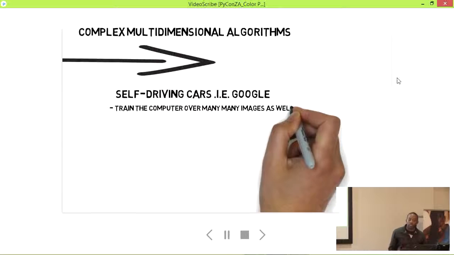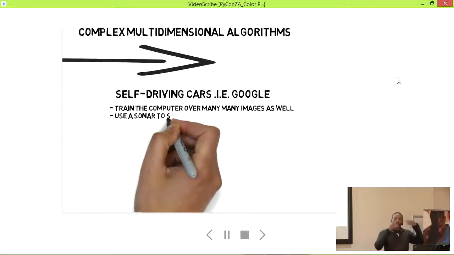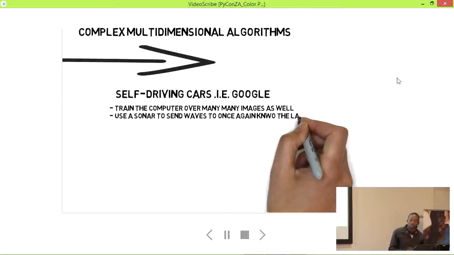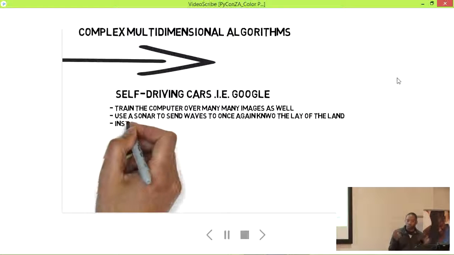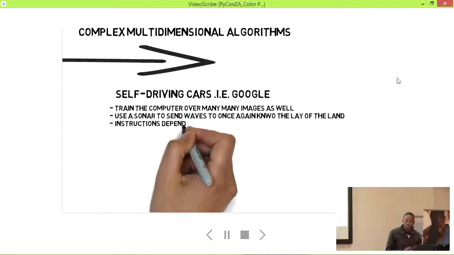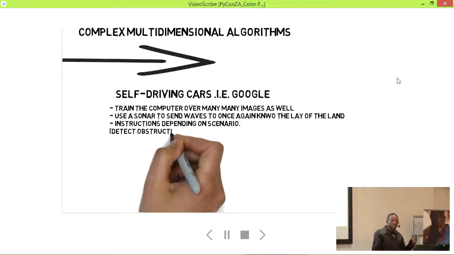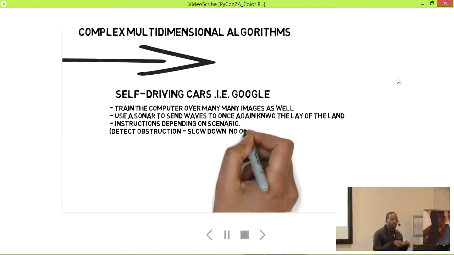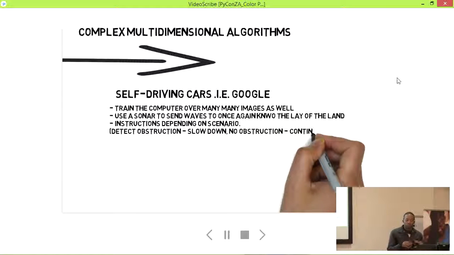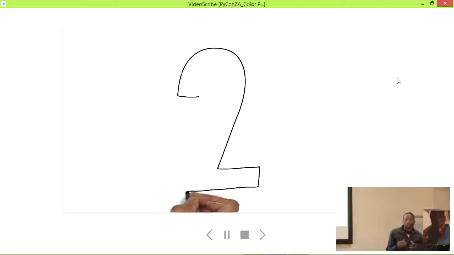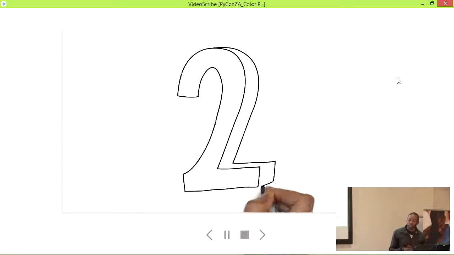Self-driving cars, this is really complex. There's layers on layers of computer vision and different technology involved. First, you've got the training of a computer to know what image is which. Then you've got the sonar, which sends kind of like your infrared rays to map the entire world. And then you've now got to give this instruction, and then it's going to look at what is what, stop a car, start a car.